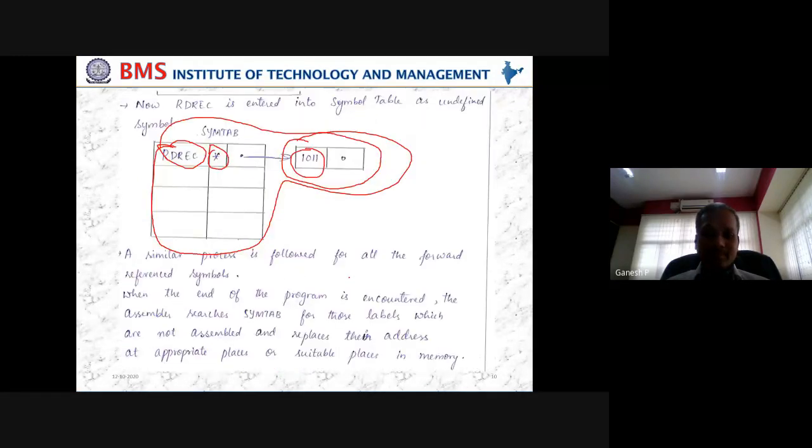Okay, so this is the design of a one pass assembler. In the exam, they might ask you to explain the design of a one pass assembler. What should you write? You should write why one pass is required. Even if it is required, what problem we are going to have. If there is a problem, how we are going to solve it. So three concepts. First, what is a one pass assembler required for?